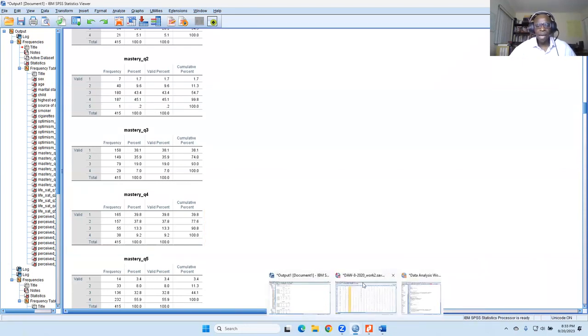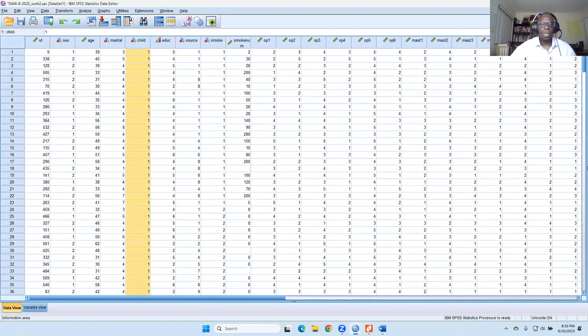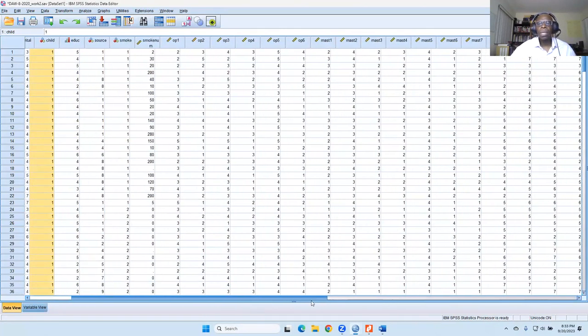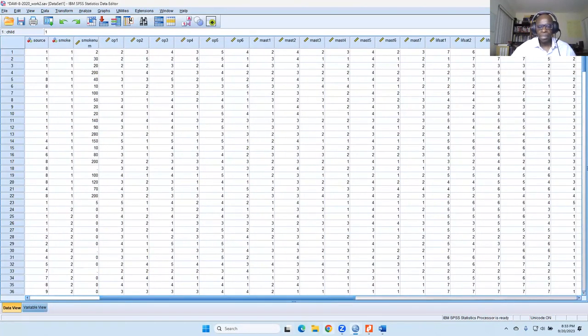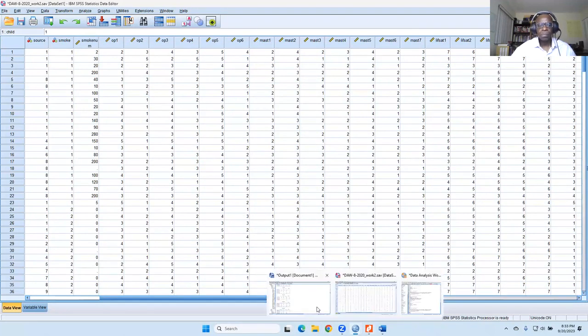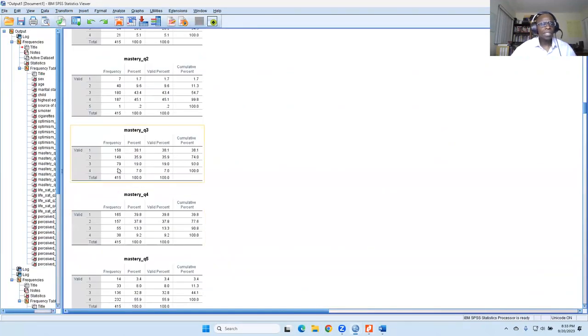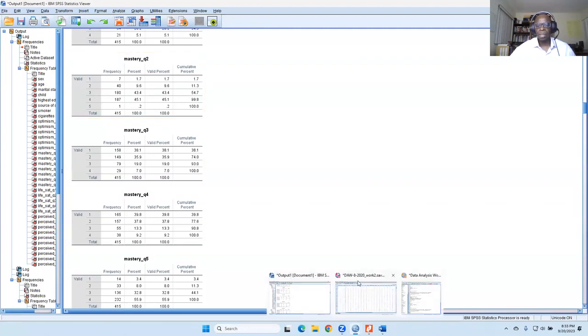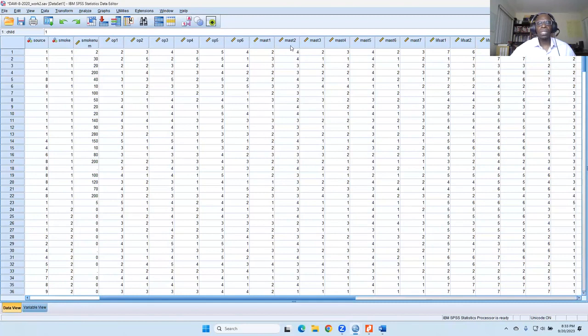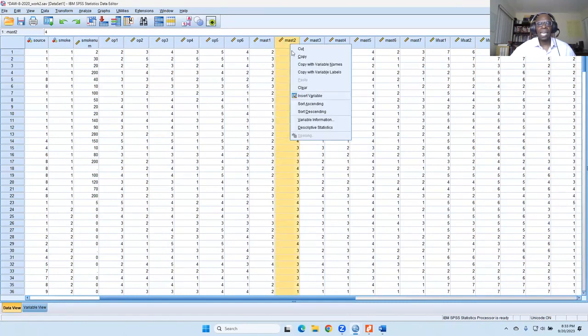We would go to our data file and go to mastery. It was mastery Q2, question 2 on the mastery scale. So we go to mastery Q2 and we would say descending, because we want the higher number on top, right?